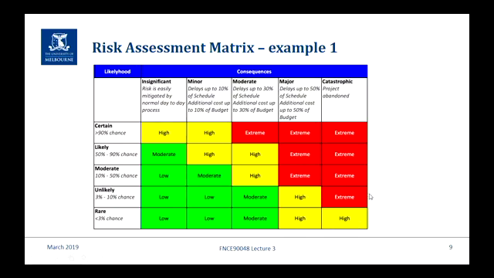Let's think of one that every company and every project is subject to, and that's interest rate risk. Because by definition, we're all going to be borrowers, so we're all going to be subject to interest rate risk. So how likely is there going to be an adverse outcome in terms of interest rate risk? Is it going to be rare, unlikely, moderate, likely, or almost certain?